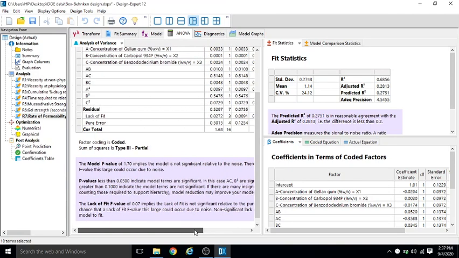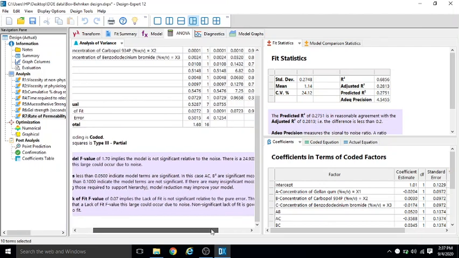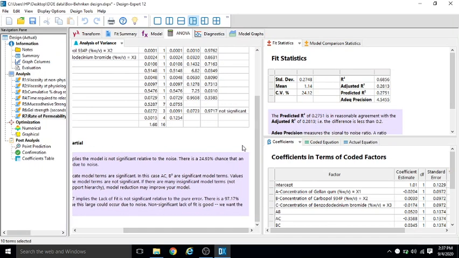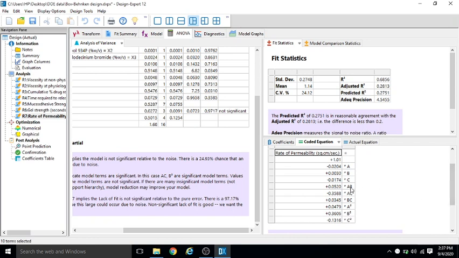So whenever you have a situation where the selected model is not significant, right, it is advisable to do the entire experiment again, and then we have to check whether we have made any mistake while recording the data or not, right? So this would give you the polynomial equation. So a lot of interaction terms are here, unlike the previous two. So AB, AC, BC, so it suggests interaction between the selected factors.